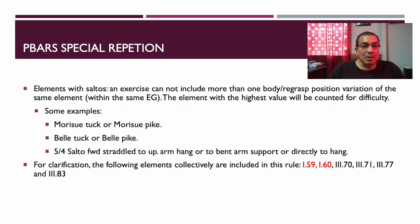Elements with saltos cannot include more than one body regrasp variation of the same element within the same element group. The highest element will be counted for difficulty, as it is in all the cases of special repetition. And the examples are the Morisue tuck and Morisue pike. Morisue tuck is the double back tuck from support to upper arm, which is a group 2 element, and the Morisue piked is the same element but in piked position. So only one of those can be performed in